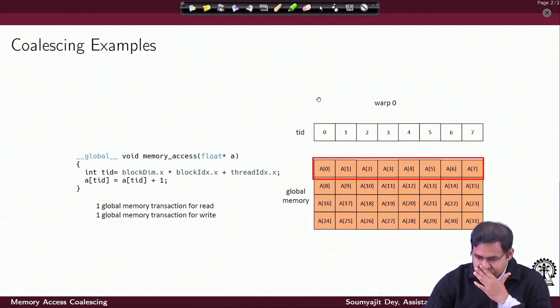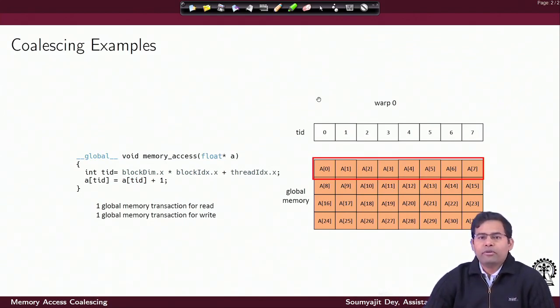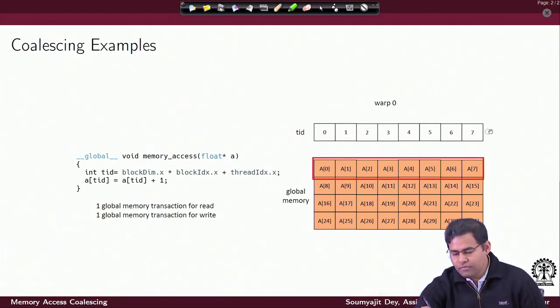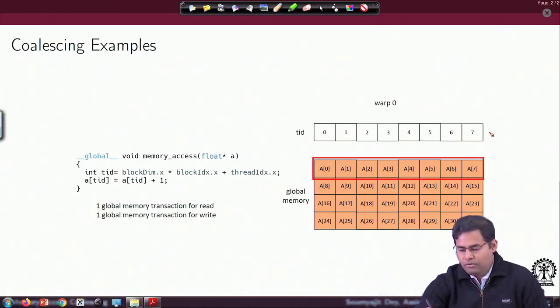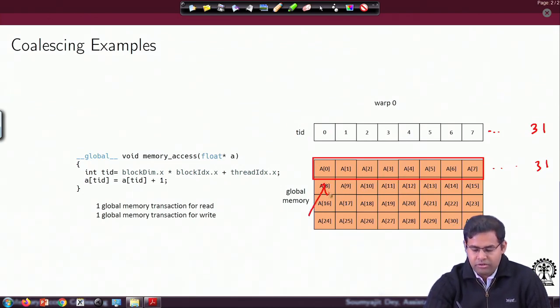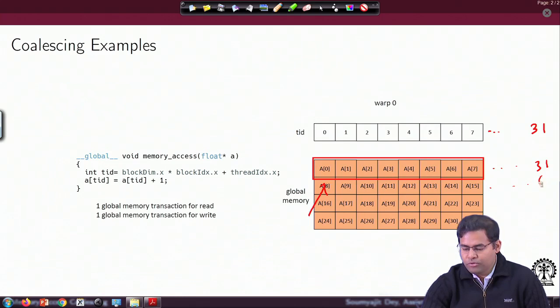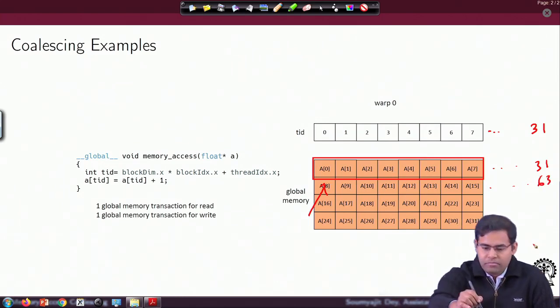As we have discussed already, since the standard warp width is 32, the global memory transactions can be done in such a way that you can bring in 32 cross 4 consecutive bytes from the memory together, right? So assuming here for our simplistic example we have these many threads and you are bringing in the corresponding data points, you can bring all of them together in a single transaction. If I just want to generalize this, all that I would like to do is put 31 here. So this would go up to 31, this next would start from 32 and this would go up to 63 and like that. We are just taking a simplistic example here.